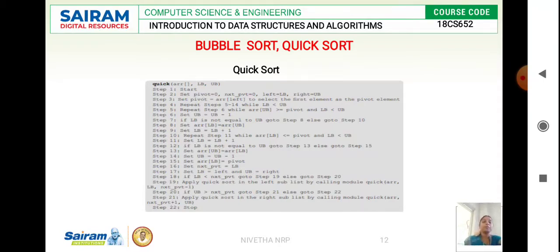The upper bound you will be moving from right to left, and the lower bound you will be moving from left to right. So in case of the lower bound you will be incrementing your array, and in case of the upper bound you will be decrementing your array. How long will you increment and decrement? Until you reach the pivot element. We know that the pivot element will be at the middle of the array.